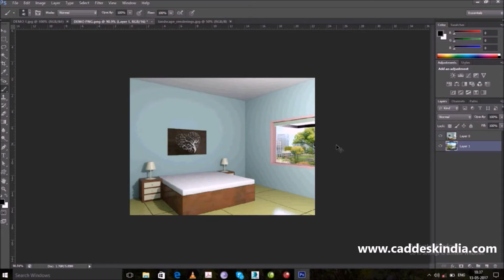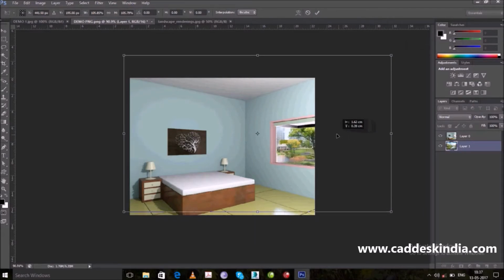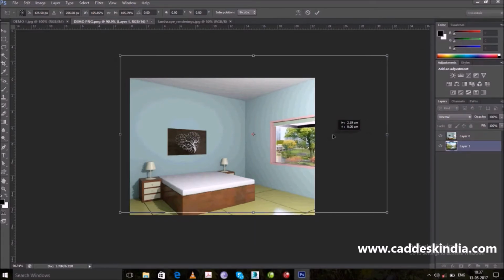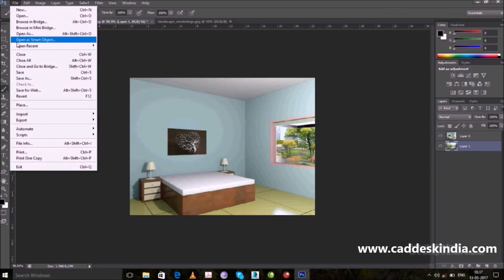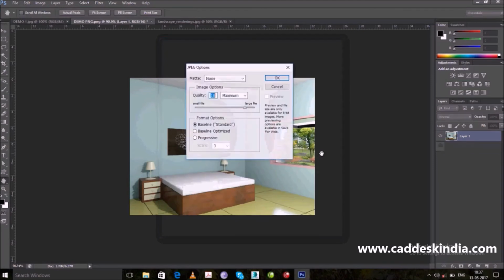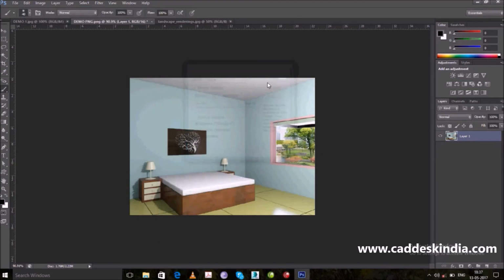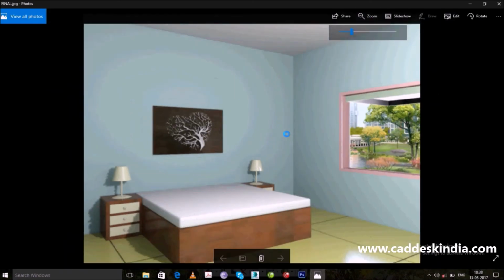Then again transform by Control T and manage position, then enter to exit the transform command, then save this file in JPEG format. Change the file name and select JPEG format, then select OK, and this is my final output. And quality is